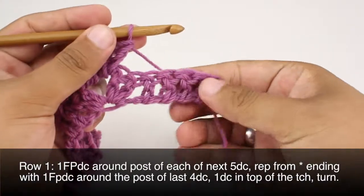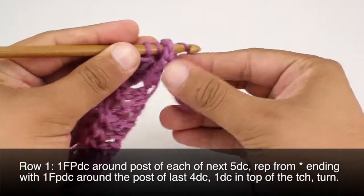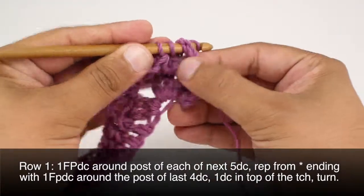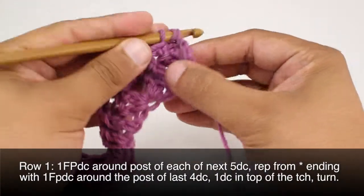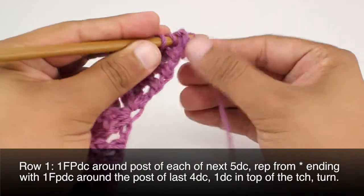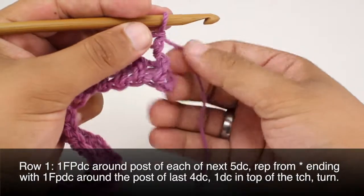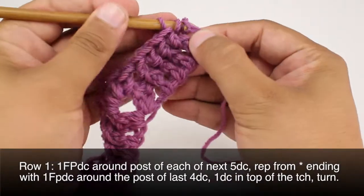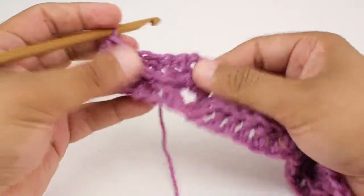When we get to the end of our last repeat here, we're going to start with the front post double crochet, but we're only going to go around the next 4 stitches rather than 5. Okay, 2 more. And we're going to finish up here. Instead of a front post double crochet, we're just going to do a regular double crochet into the top of the turn chain. So we've got 1, 2, 3, right into the 3rd chain here of our turn chain, and we're good to go. So then we'll turn our work, and we're going to repeat row 1